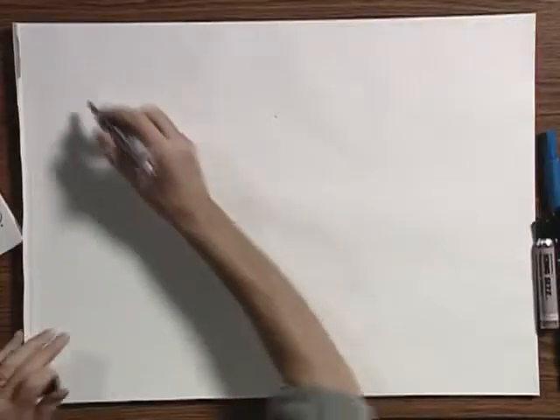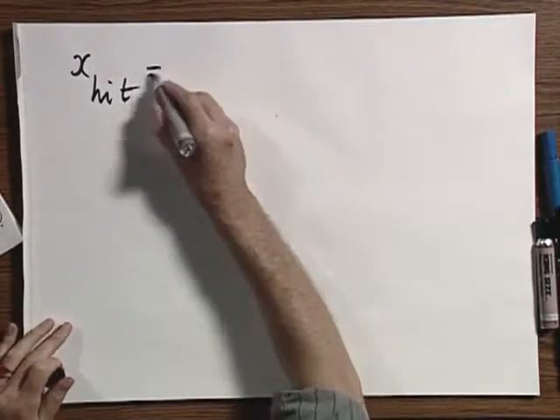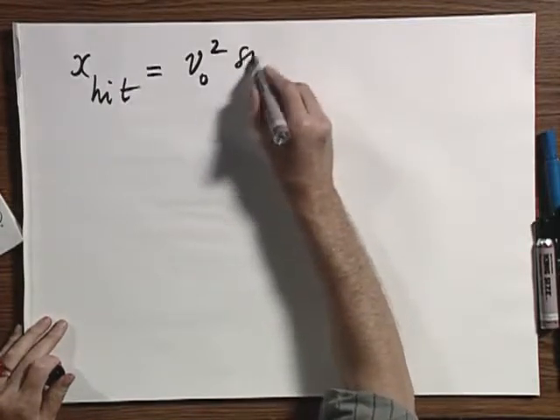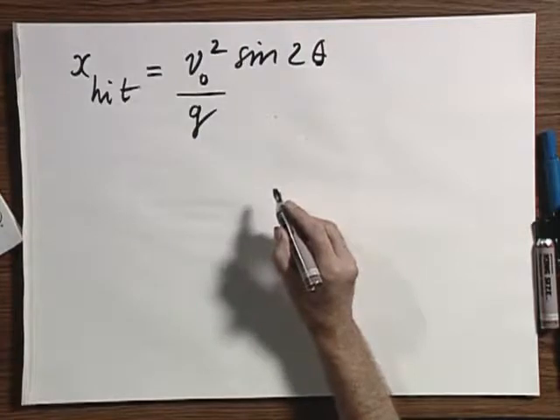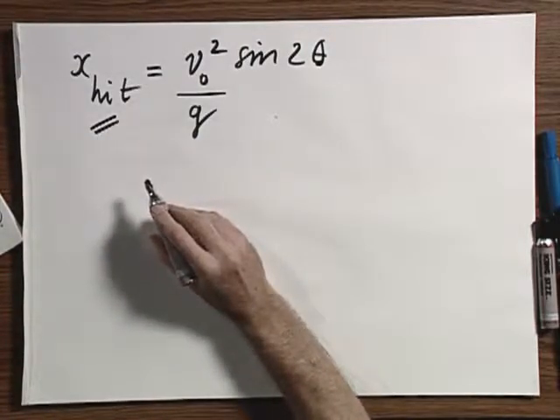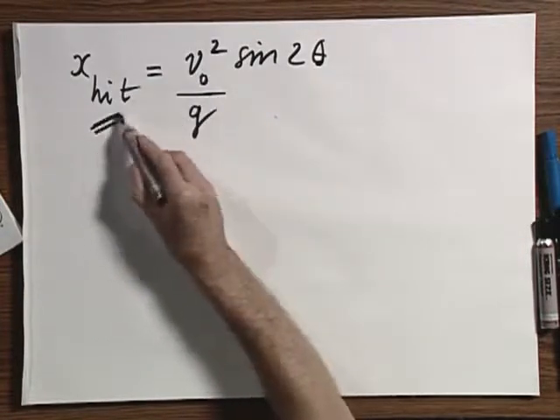Okay, now we go on to revisit this x hit. I want to say a few more things about x hit. X hit was V0 squared times the sine of 2 theta divided by g. Notice if I specify x hit, there are a zillion combinations of theta and V0 for which I can satisfy